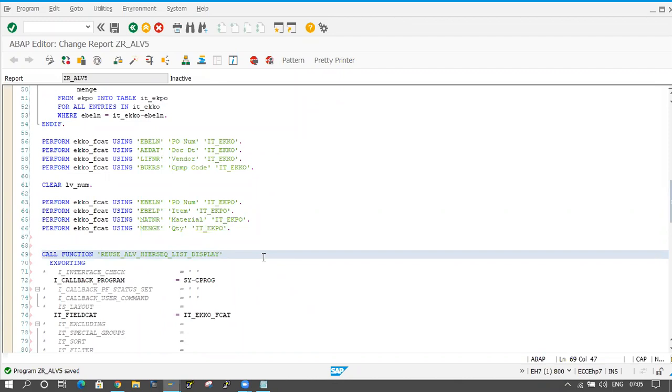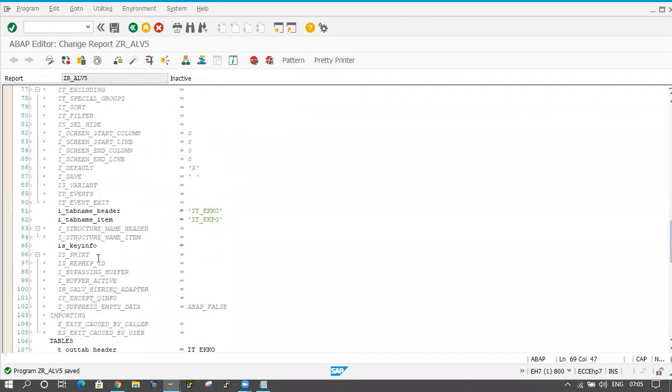So we have to declare one work area. Here it is coming IS, and I or IS, all these indicate work area names. But now how can I declare this work area? I don't know exactly the structure for this.